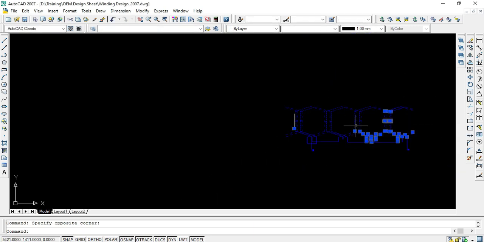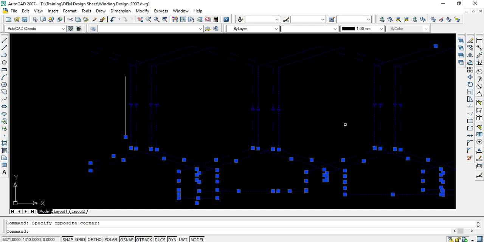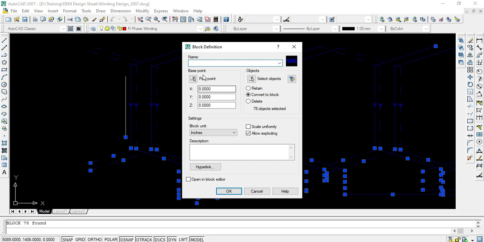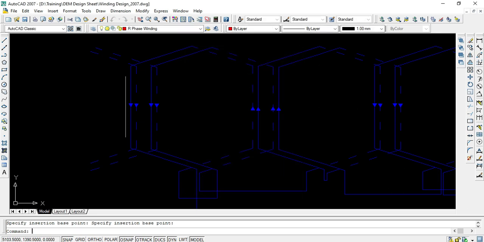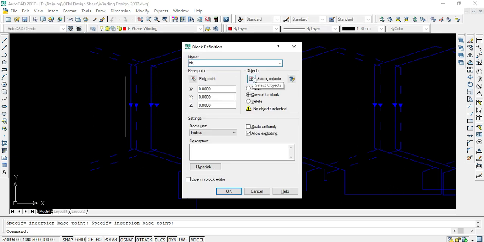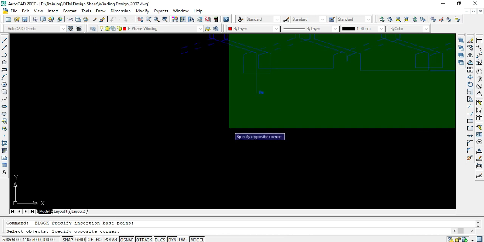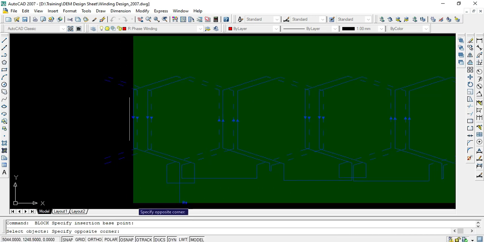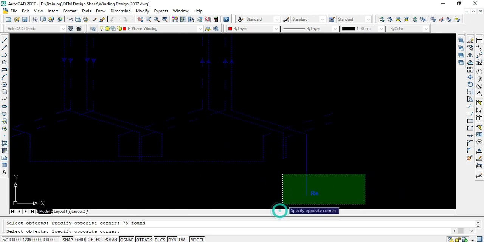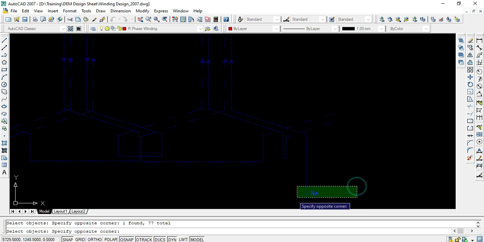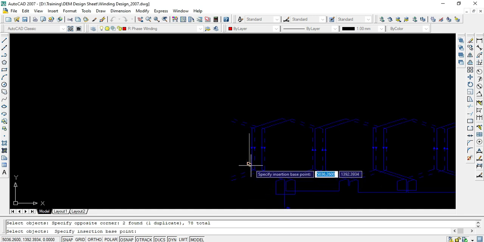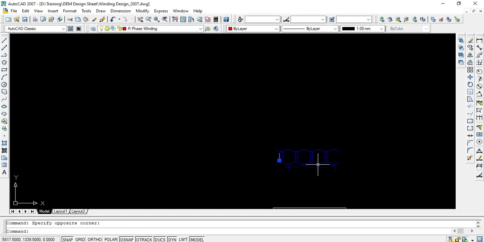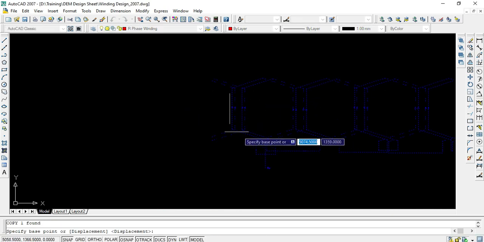Now copy this. So I just prepared the block for B phase. Copy this,